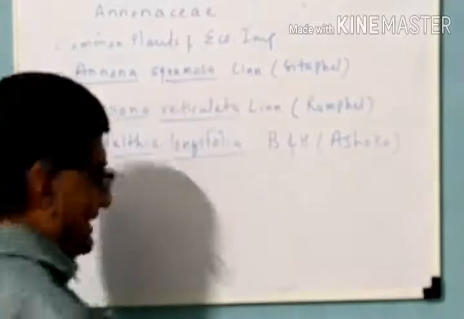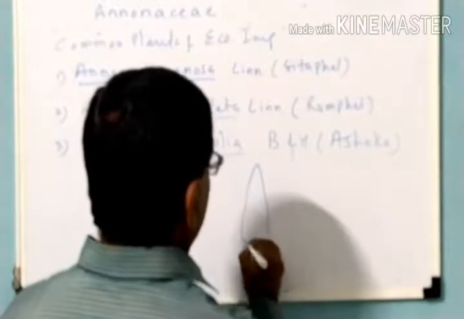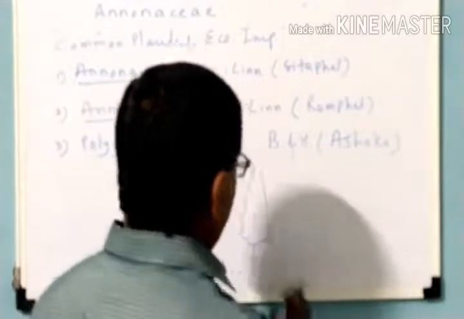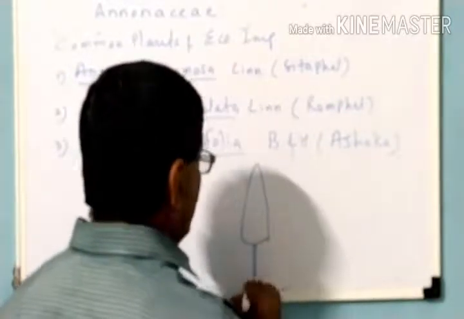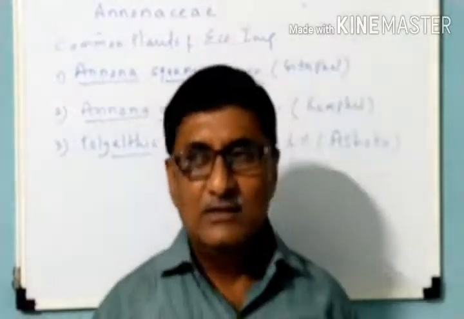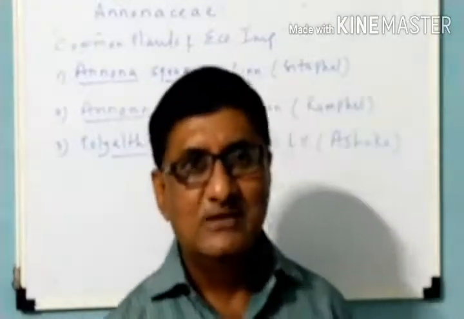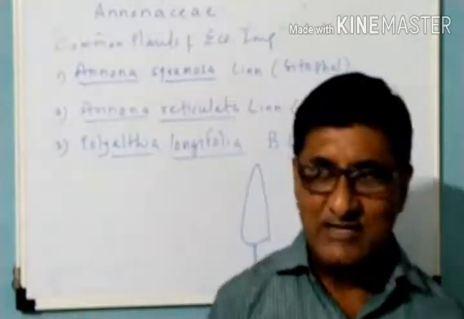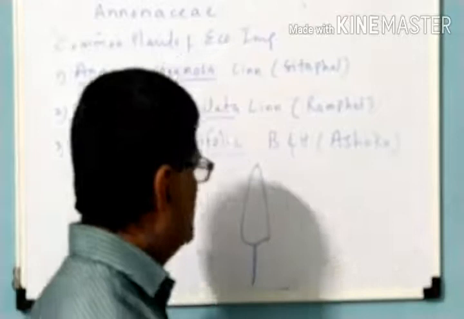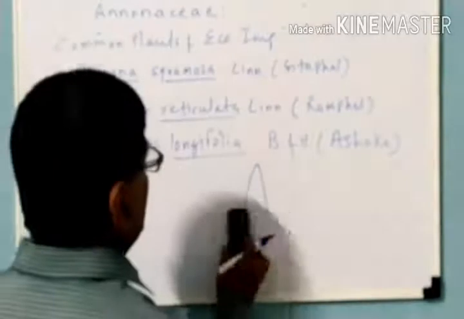You know the Ashoka plant. This is an ornamental or garden plant. This plant has a beautiful shape. That shape is pyramidal in nature. You can see the shape of this particular plant, and that's why it can be used for symmetrical plantation outside schools, college buildings, gardens, government offices. So this plant is useful for planting to develop or maintain symmetry. This is a very famous plant, commonly called the Ashoka plant.